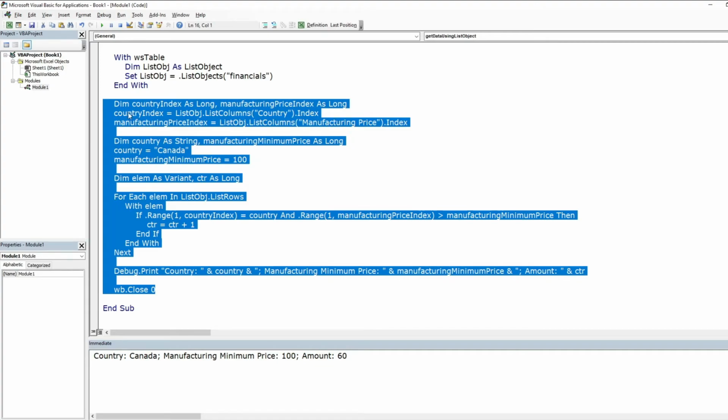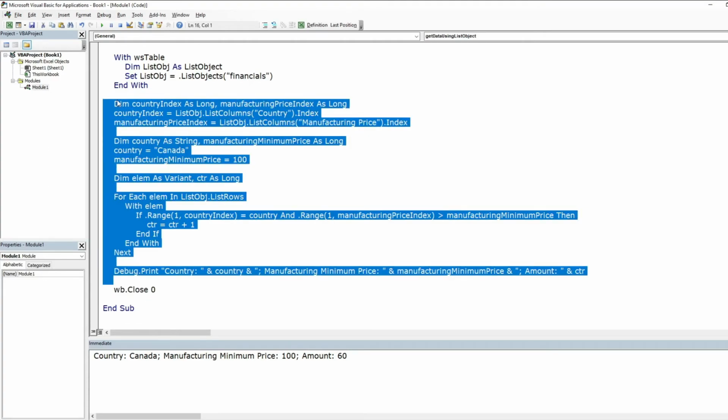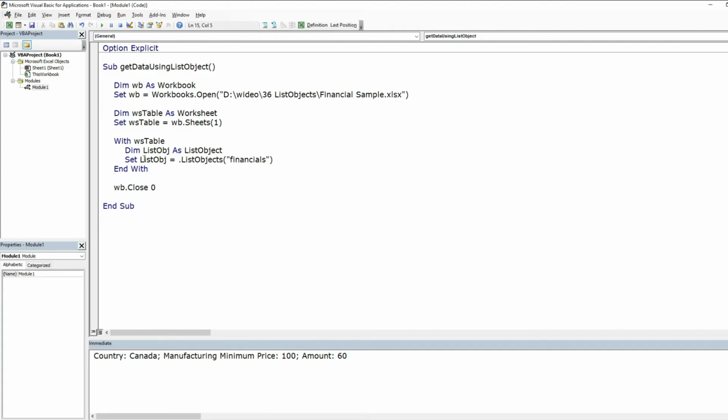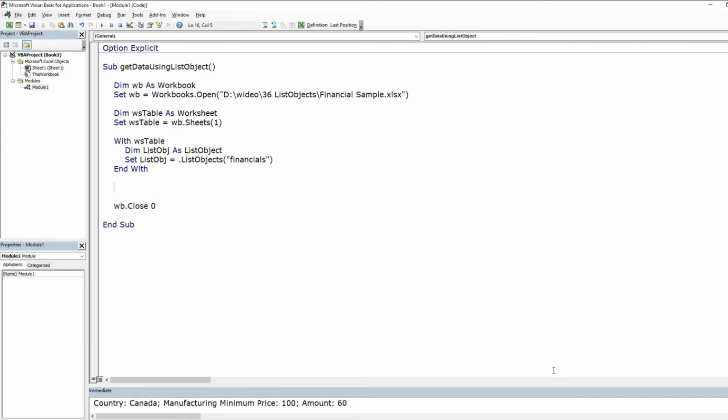So maybe just cut it out from here. I'll just leave the place for the function, and here type the function, for example, count rows for given parameters,